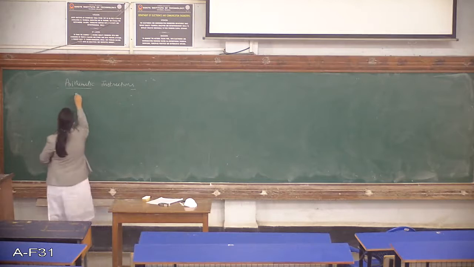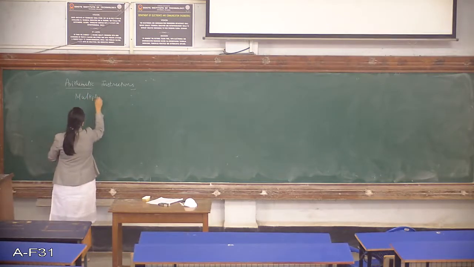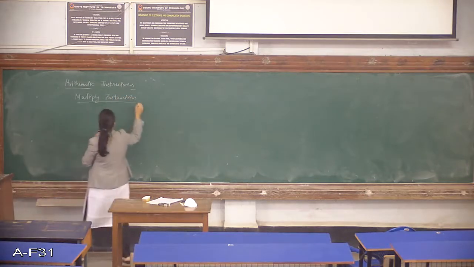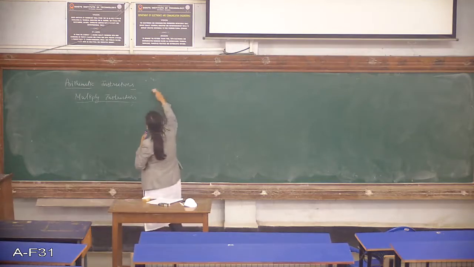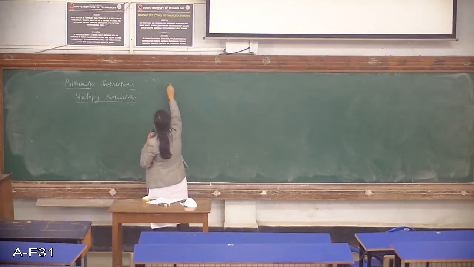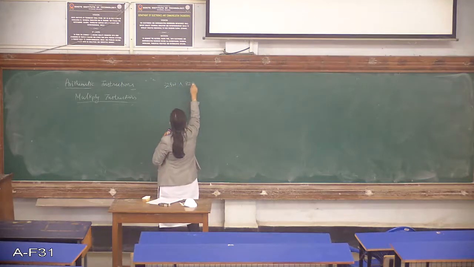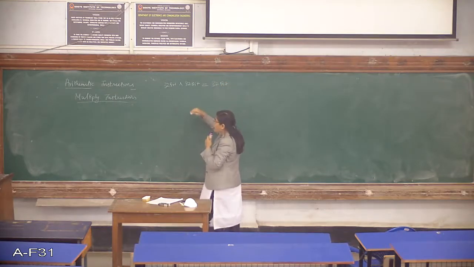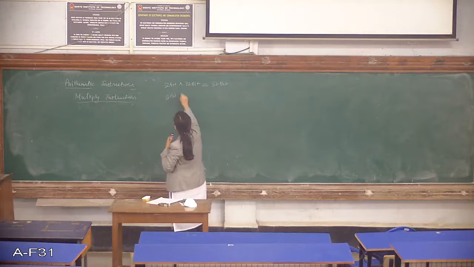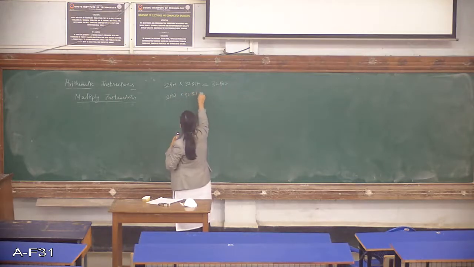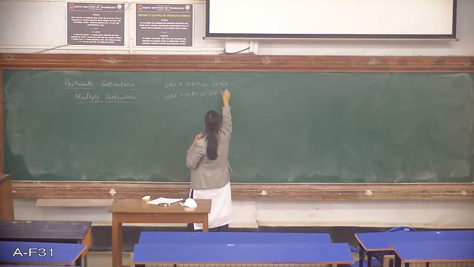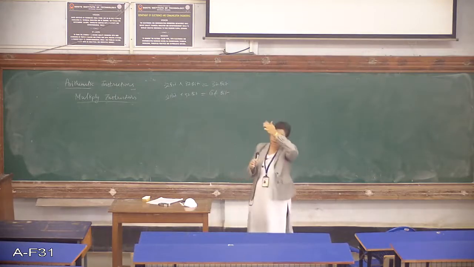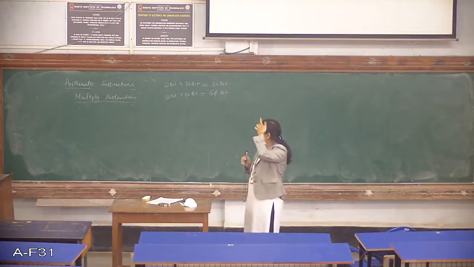Next, let us go with the multiply instruction. Now in multiplication instructions, we have two variations. One is I can multiply two 32-bit numbers. If I multiply two 32-bit numbers, I may get a result of 32-bit itself, or when I am multiplying two larger 32-bit numbers, I may get the result as 64-bit. So based on the result, you may get either a 32-bit or a 64-bit result.